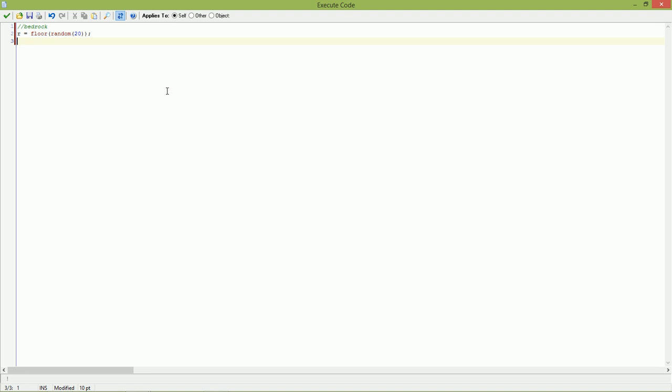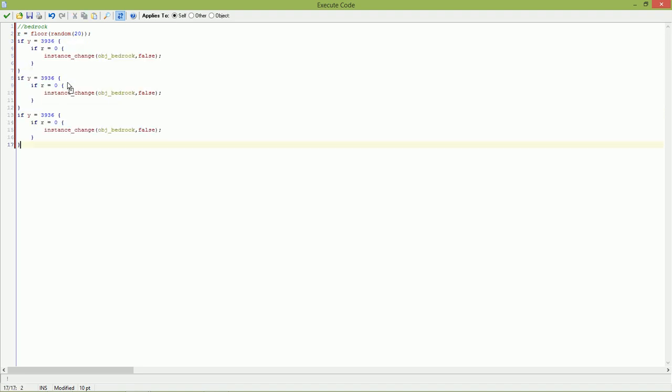I just choose a random value here, and if y is 3936, then if r is 0, then instance change object bedrock false, and then copy this 5 times and say plus 32, and that plus 32 and plus 32 and plus 32, and then say